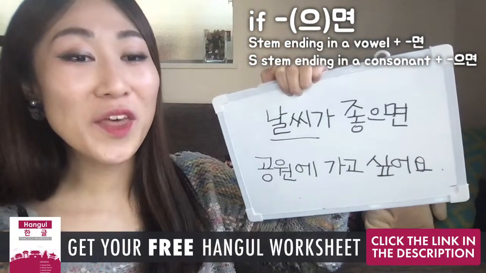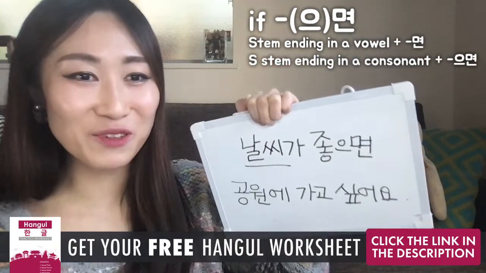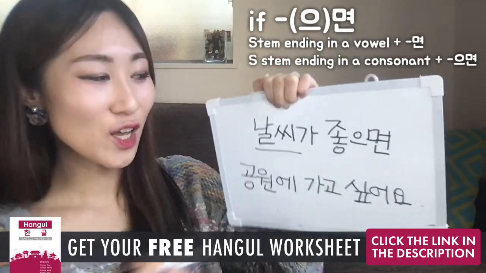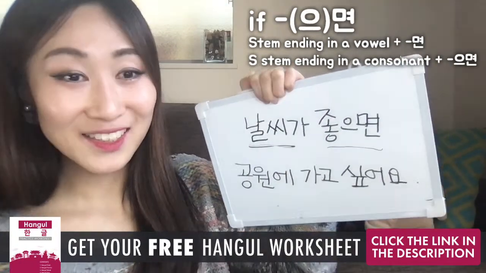날씨 means weather. 가 is a subject marking particle. 좋으면, we just learned it, right? What does that mean? It's if good. So it literally means if the weather is good,